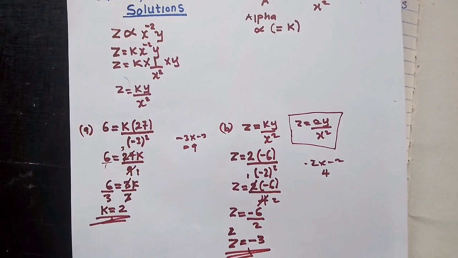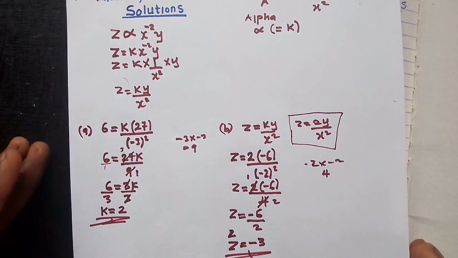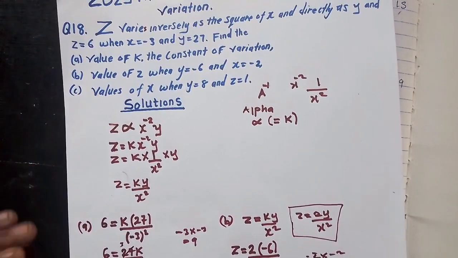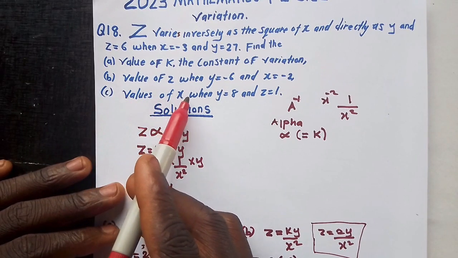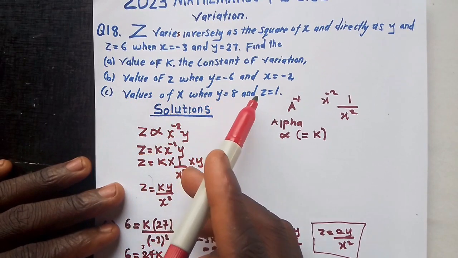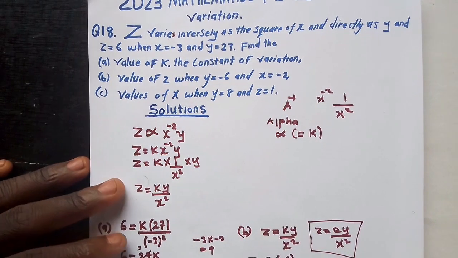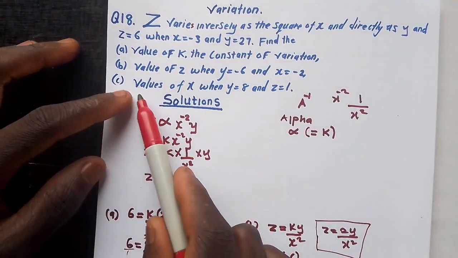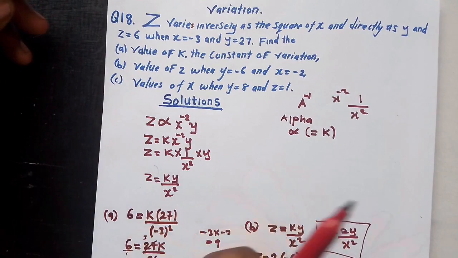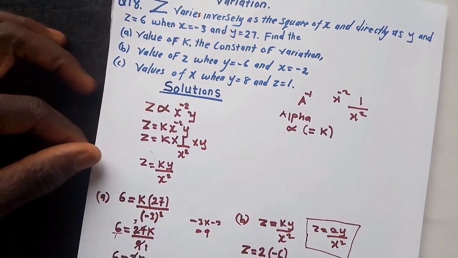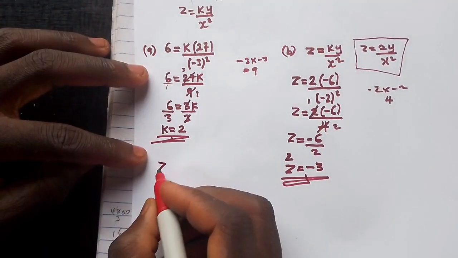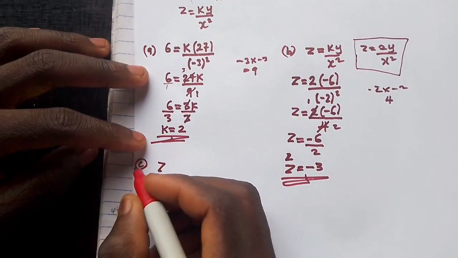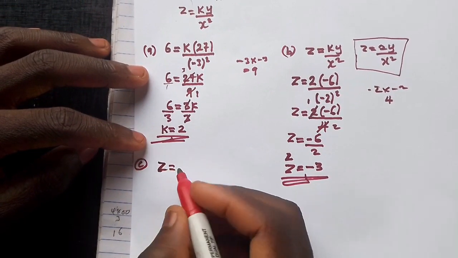So our final answer for z is negative 3. Okay, so let's try to solve the last one. The last one was saying find the values of x when y is equal to 8 and z is equal to 1. When they say values, it means you need to have 2 values of x. So I'm going to say z, which is question C, z is equal to